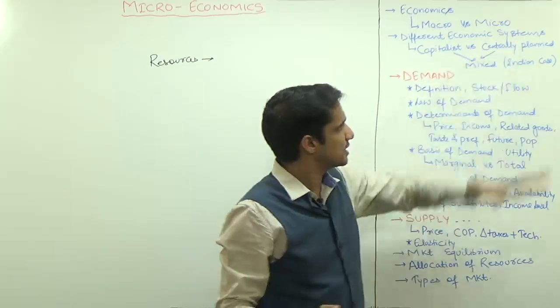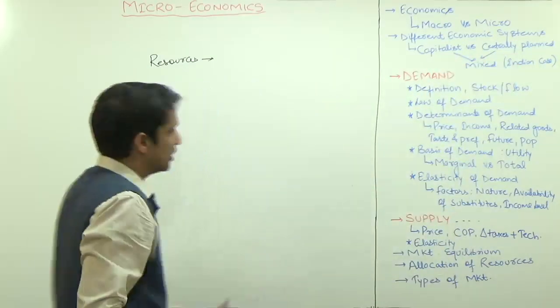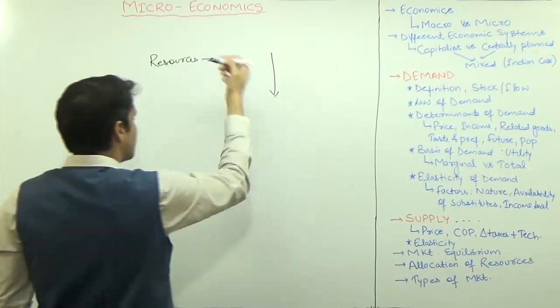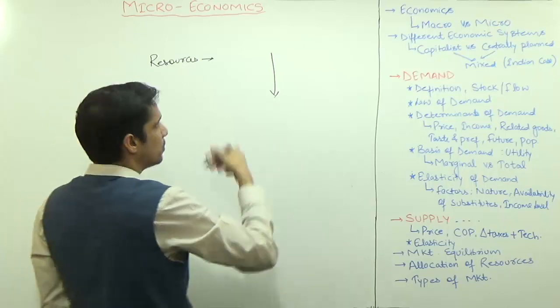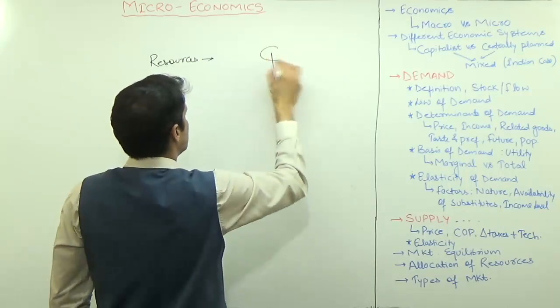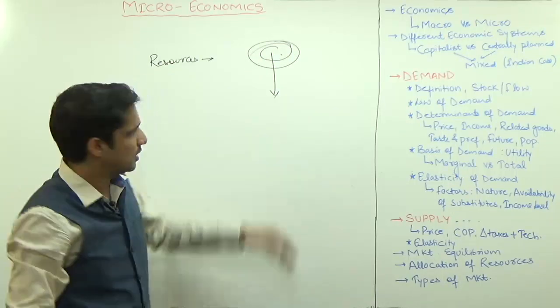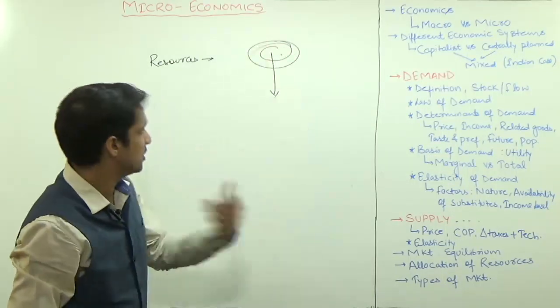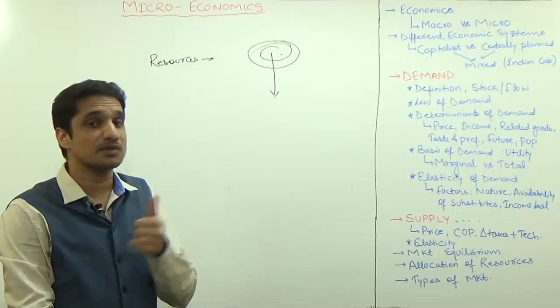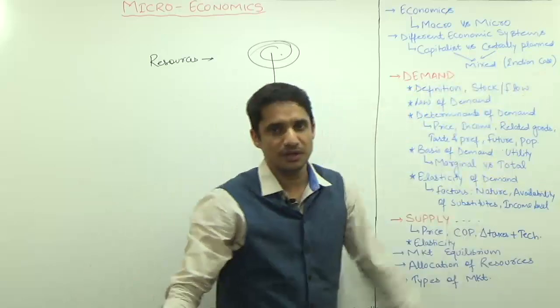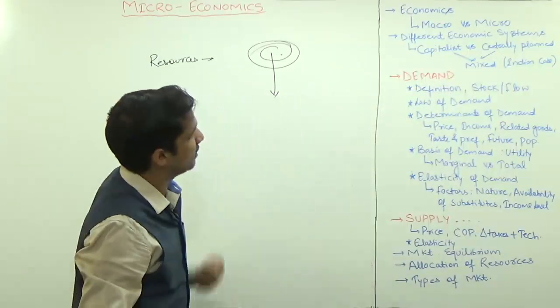And on the other hand, under the centrally planned economy, all the decisions, what to produce, in what quantity, when to produce and all these things, will be taken by the central government, and then that particular decision is delegated later on. We discussed the principle of subsidiarity also, which is just the opposite of this centrally planned economy. And then we have the mixed economy.